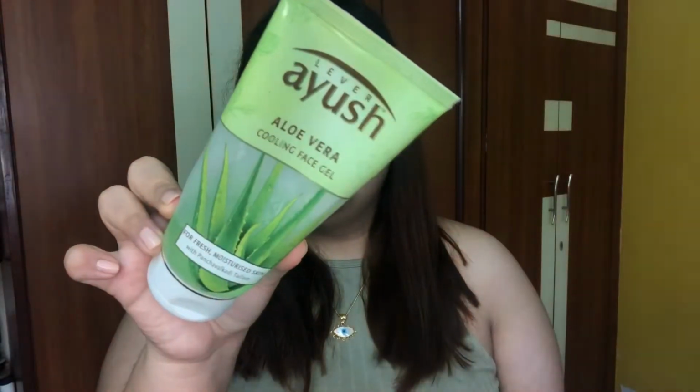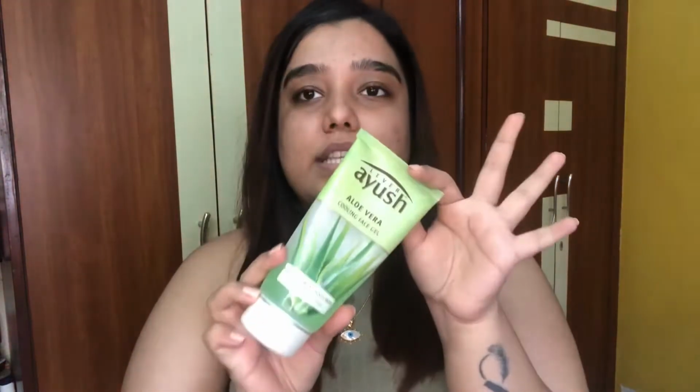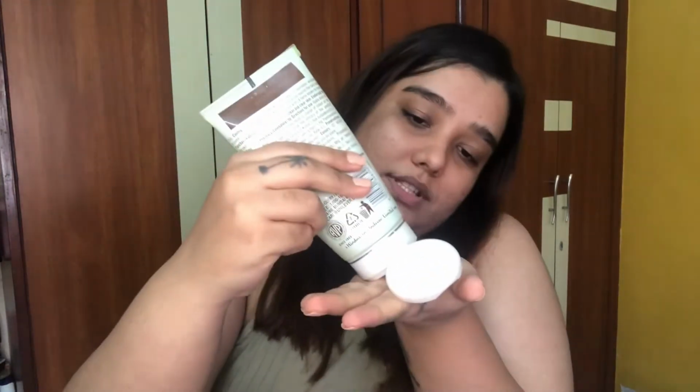And the next thing I'm gonna do is I'm gonna use some aloe vera gel. This is like my very old aloe vera gel. Like, I've been using this for, I want to say, 2 years at this point. It's from this brand called Lever Ayush, and again, aloe vera gel is something that works for all skin types, and especially if you have acne prone skin, it's really good for you, and I cannot do without using